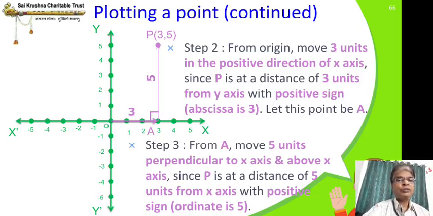So there are only 3 steps totally, and if there are multiple points to be located in the same question, then you already have one coordinate plane. So step 1 is common for all the points and all the questions, and only steps 2 and 3 we have to do. So I hope all of you understood. Note down in your notebook, pause the video, and note down these 2 steps. The first step is clear, it's already there in the graph here itself, in green color. Note down the second and third steps and then move on to the next page.